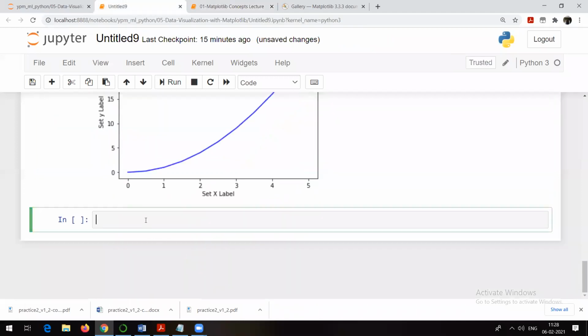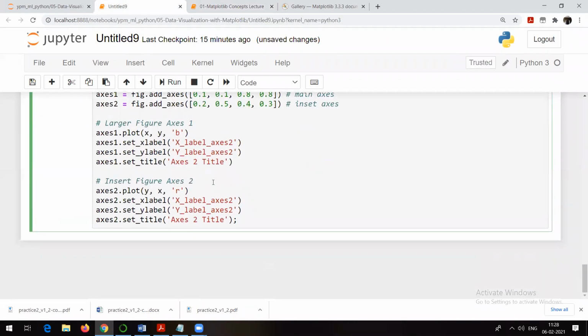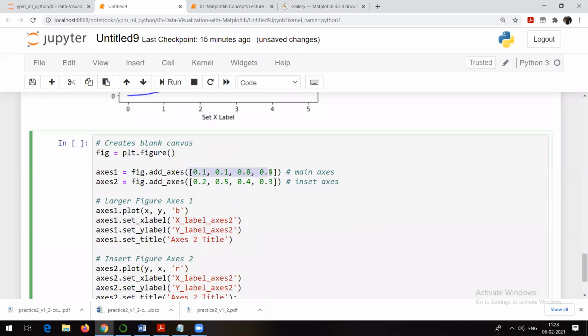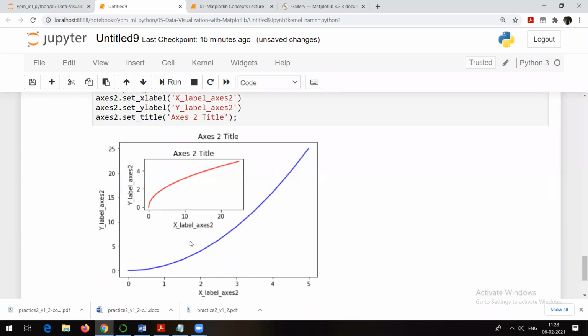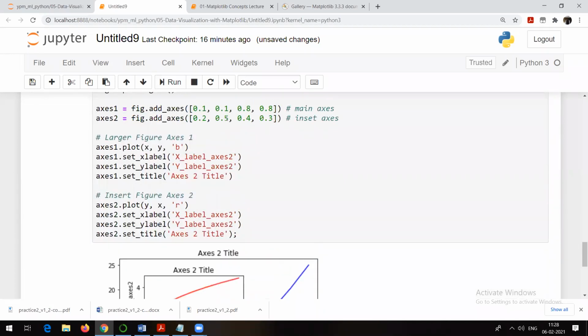Suppose let me go here and let me show it to you. What this is going to do is plot a larger graph and one smaller graph. Obviously, these axes should be correctly given, or you can just try and see whether you are getting the graph or not. Now see, here I am getting a graph. How am I getting this smaller graph inside the larger one? See, just because of these lines.